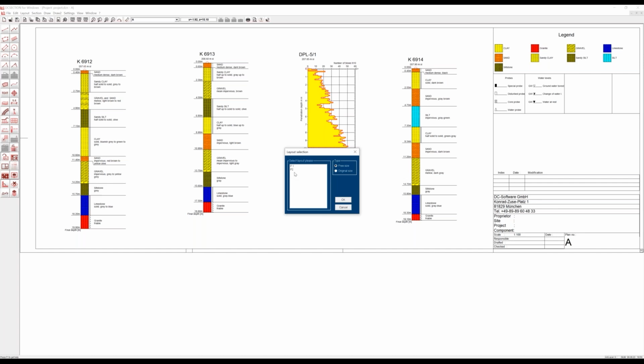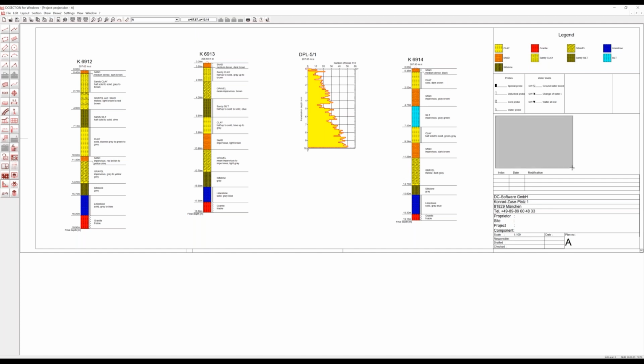I can select plan number 2, which was our map. I can choose to integrate this map in a free size or in the original size as it was drawn in this sheet. So we have not too much space here, so we use free size, and we can define that this plan should be integrated here